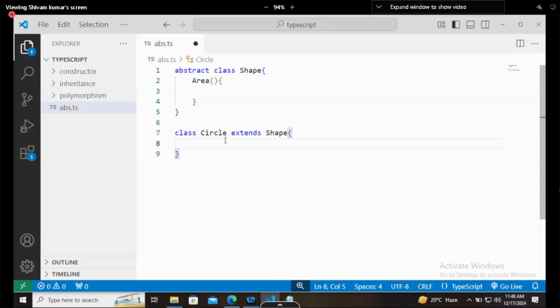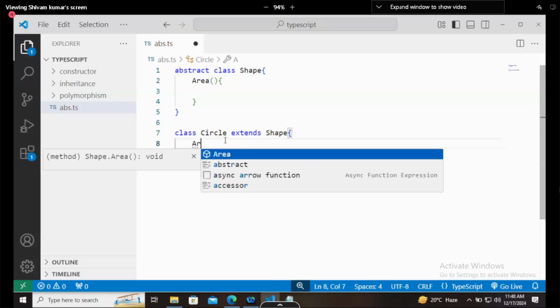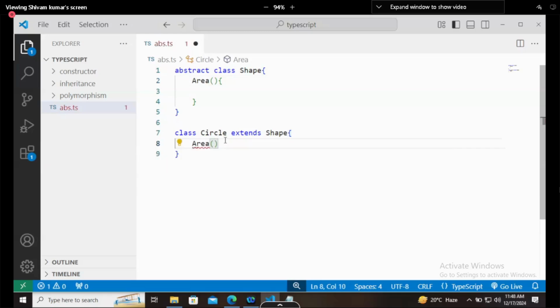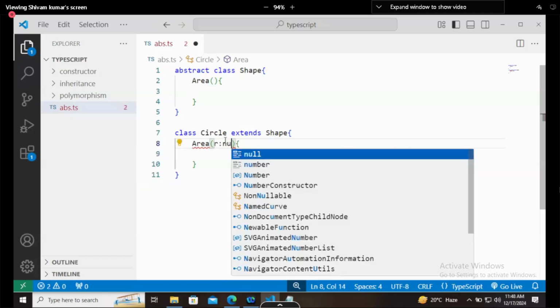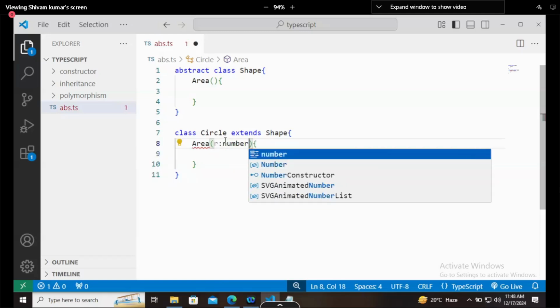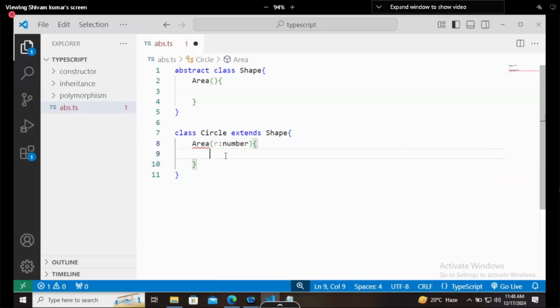Let's say there is an area function here which will accept one value, and in case of a circle it will accept the radius r, which will be a number, or it can be any number, right? It will accept one value. Then what will it return? It should return pi r square.